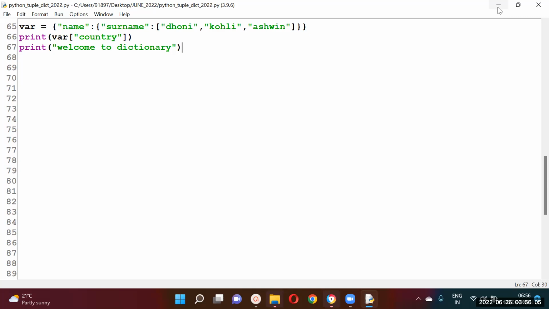At times, what might happen? Imagine you would have ran a code which is taken 1 hour to execution, and suddenly when it reaches this point, then it will throw error. Then the 1 hour that you taken for the execution will become in vain. So to read a key, you should always use a better method. So Python do supports a better method for avoiding errors like this. So